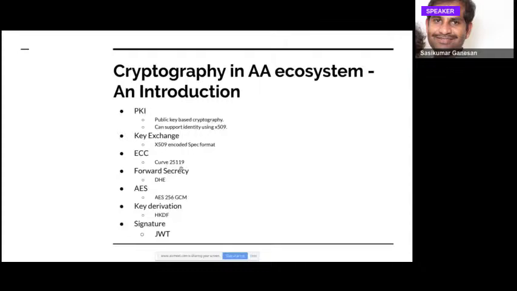We are predominantly a PKI-based structure, based on public key cryptography, or a public key infrastructure. To begin with, we tend to use quite a lot of things from the PKI, but there are a few changes here and there to support the latest technologies and the latest support of cryptography in this layer to help us a lot,